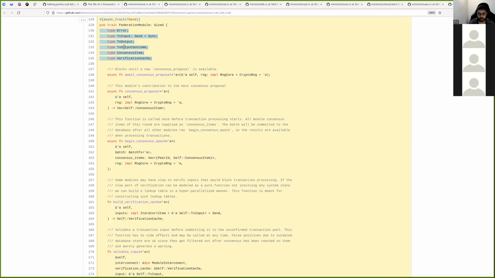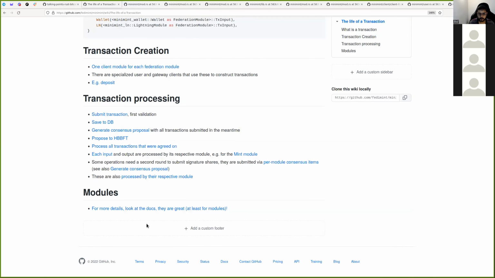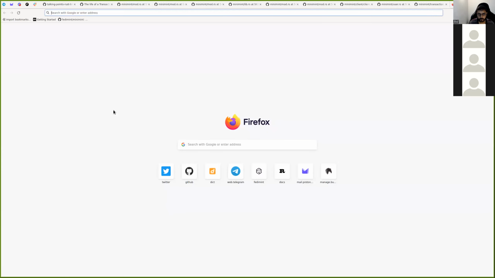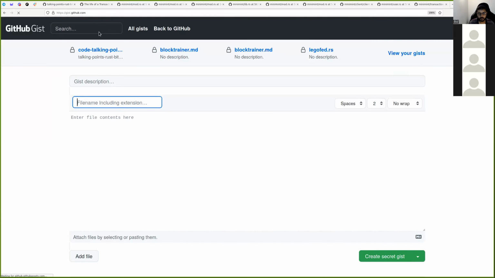One is to have a macro that generates, for example, the transaction code or this match statement. That could all be a big macro that you just supply with all the modules you want to mount to the federation, and then all the code gets generated. But it's really annoying because macros don't have good tooling support. So a different option I was exploring is